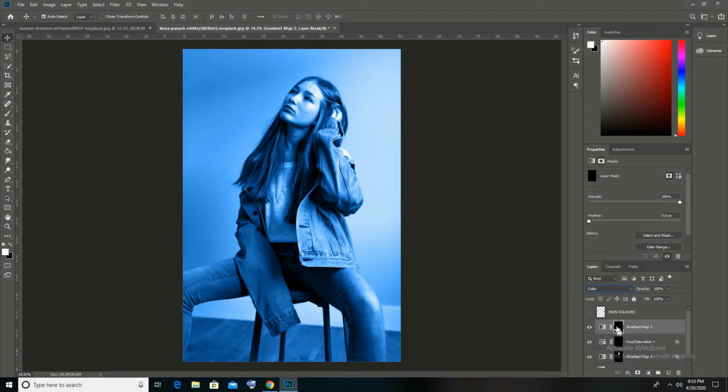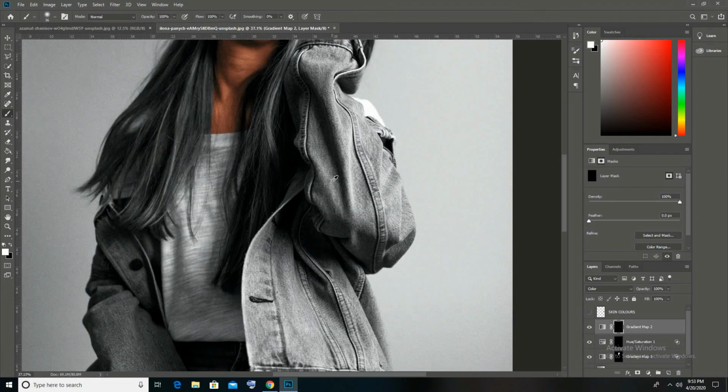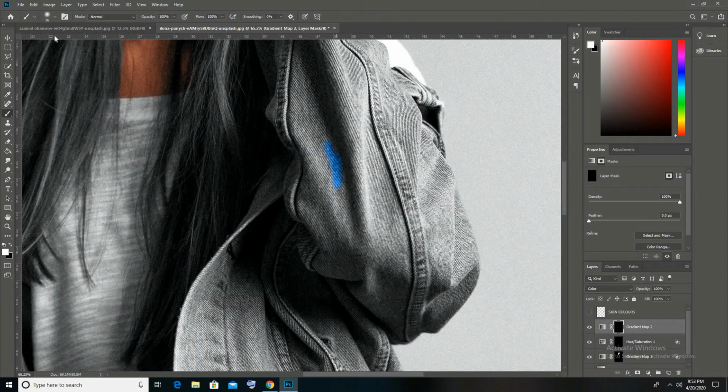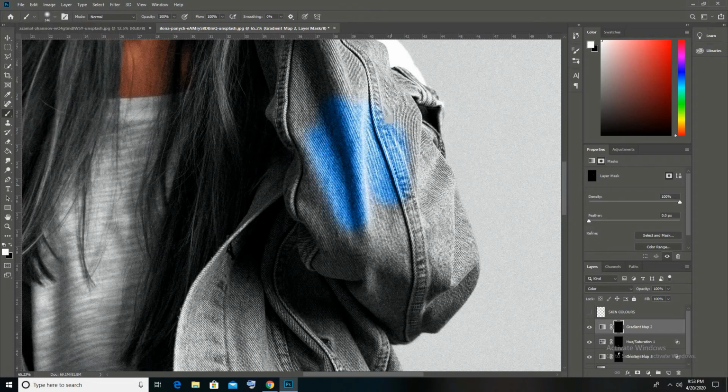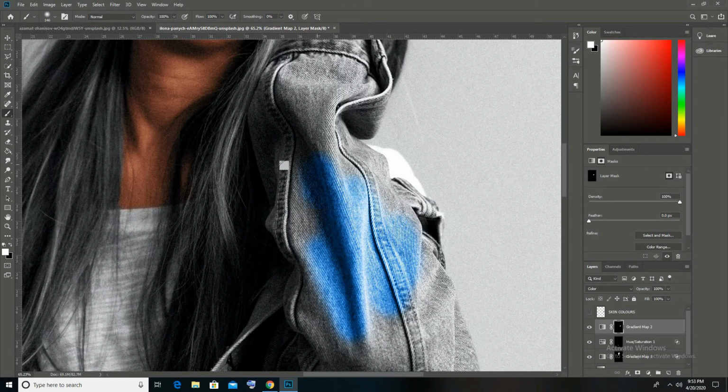Then we'll come to the layer mask and press Ctrl+I. And we'll again start painting on the jacket, as you can see.